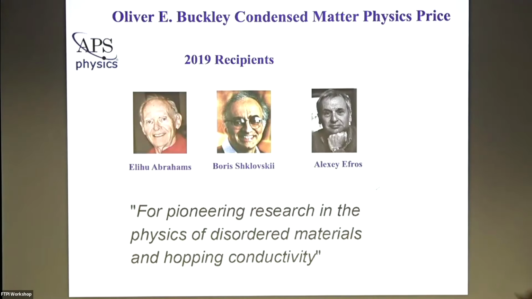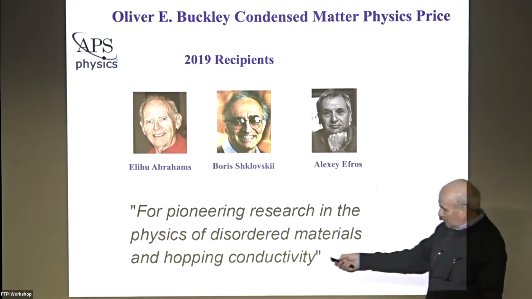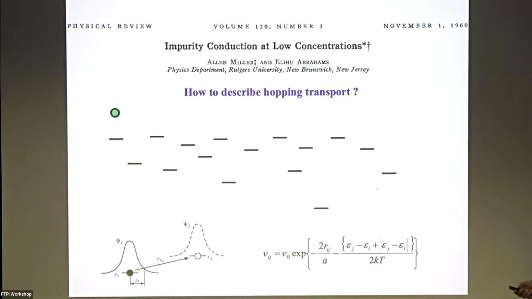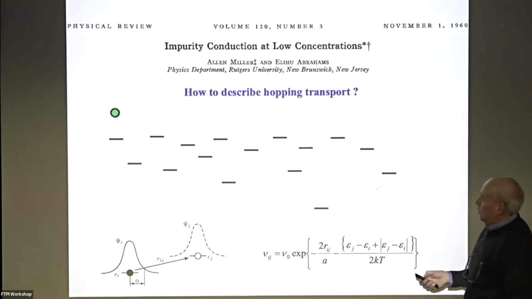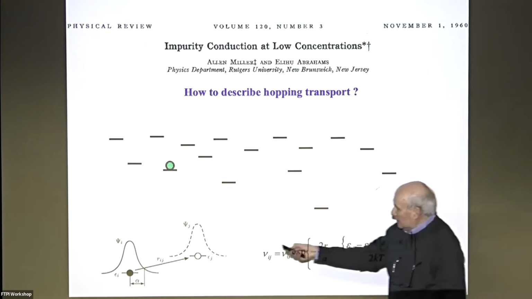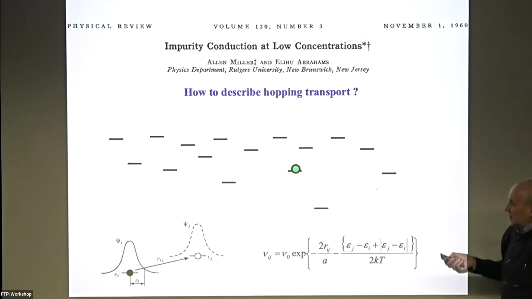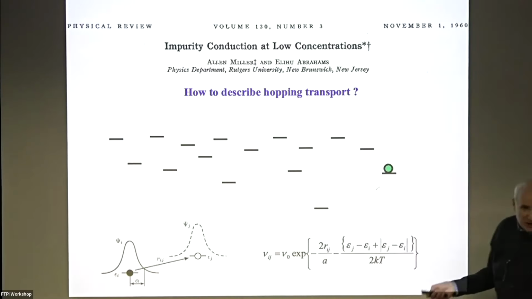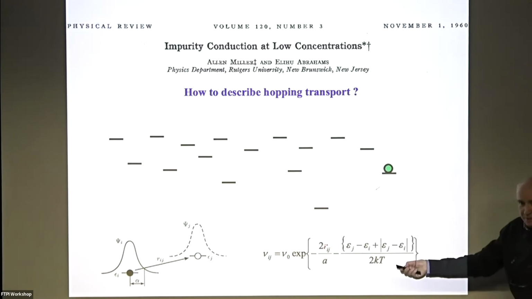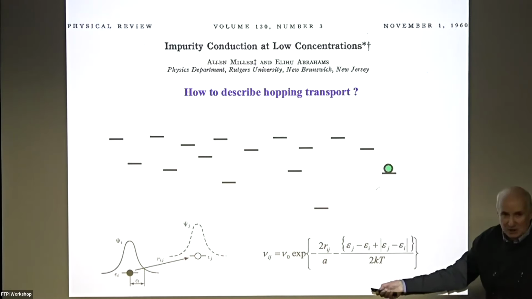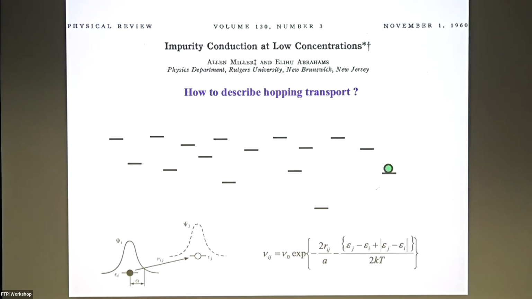You're aware of the prize for pioneering research in physics of disordered materials and hopping conductivity. And I'm going to talk about hopping conductivity in its very classical sense. For more than 60 years, thanks to Miller and Abrahams, we know how electrons move in doped crystalline semiconductors with hydrogen-like wave functions. For students, it's just tunneling in space. This is the extent of the wave function, and the energy is needed or released through exchange with phonons.